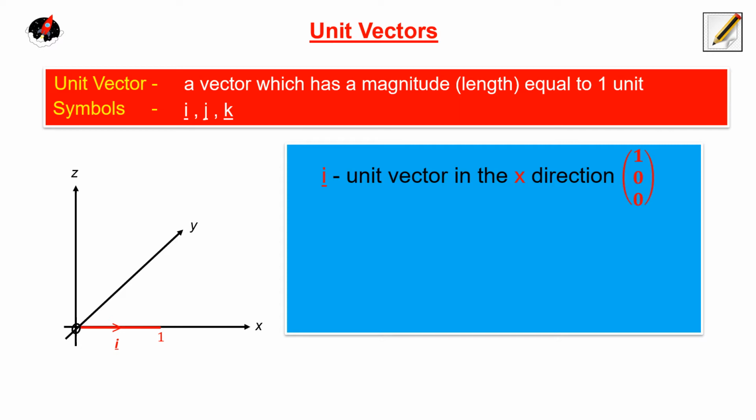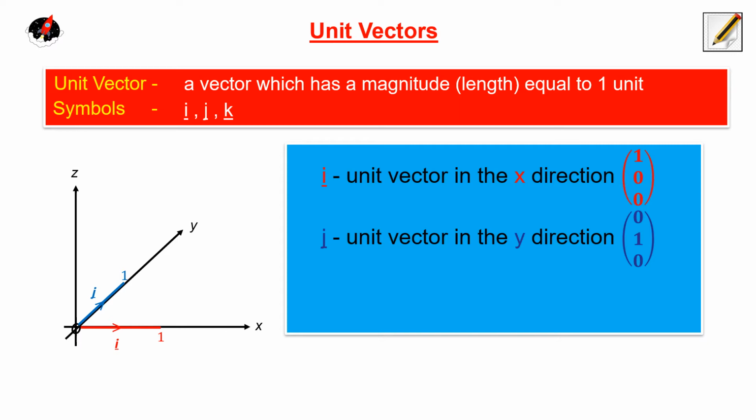Likewise, if we start at the origin again and we go 1 unit along in the y direction, this is the unit vector j. So j is the unit vector in the y direction, and if we think about it in terms of its coordinate, there's no horizontal movement. We're going 1 in the y direction and then there's no vertical movement, so it has a column vector of